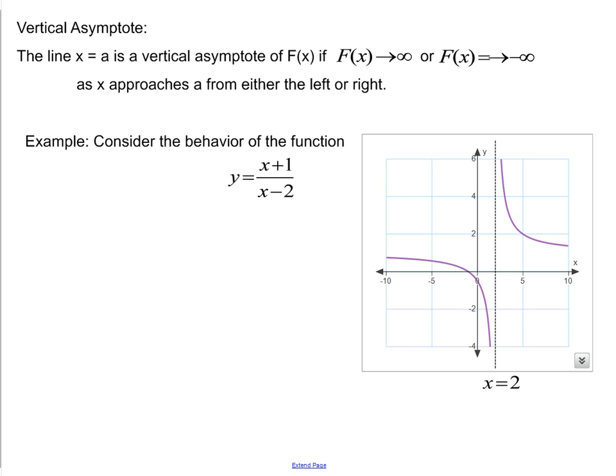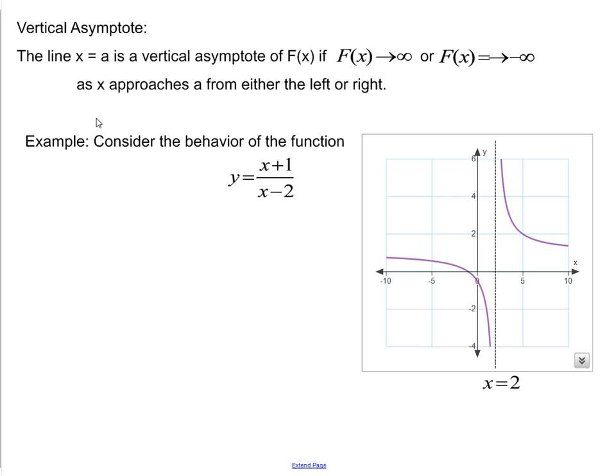So the next aspect of rational functions that we definitely want to take advantage of right here are something called asymptotes. An asymptote is, generally speaking, a line, although it could be some other curve, that limits the function somehow. And a vertical asymptote is the most basic aspect of rational functions that we know. A vertical asymptote is a line of the form x equals a